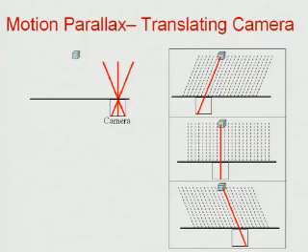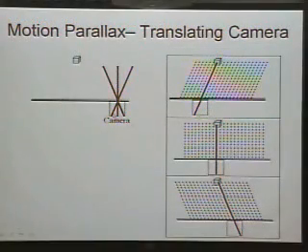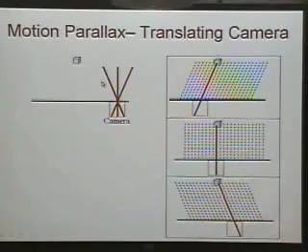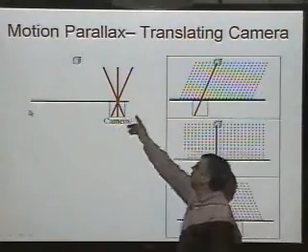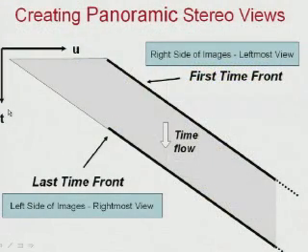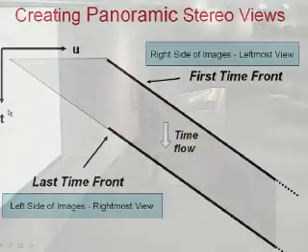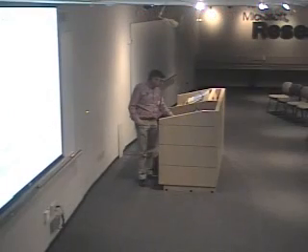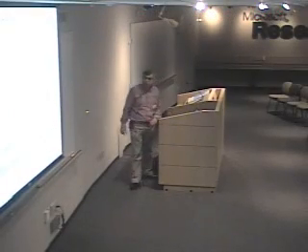So if we take strips from the right side here, we see the object in this direction, or in this direction. So we have a camera moving. We take time fronts, either a time front that cuts the left side of the image, or the center, or the right side of the image. We get different viewing directions. It means that this process is the exact same process that was done before,